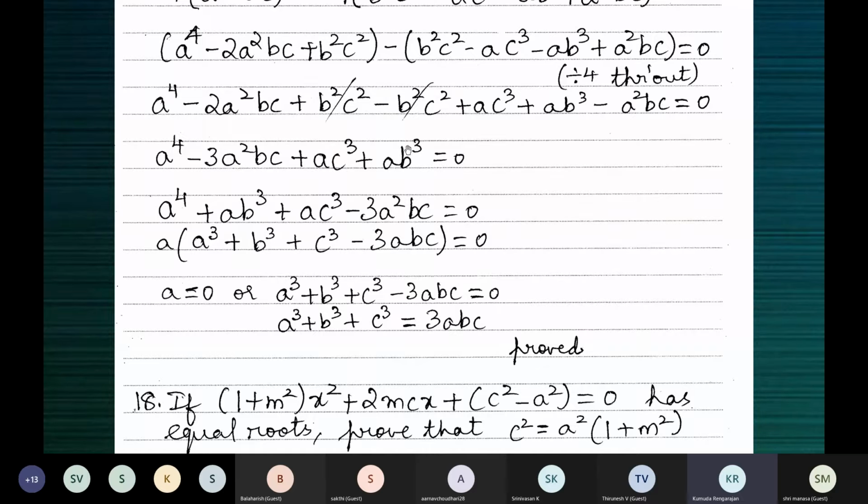And this will be b cubed. You will get the same terms inside the bracket in a different order. You need not arrange the terms like this. I just put it in the order like a power 4, then this b cubed, and then c cubed, and then this minus 3a square bc, just to get these terms in order. These four terms, a common, and we have all this. The product is 0, which means a is equal to 0, or this expression is equal to 0. On transposing, we have a cube plus b cube plus c cube is 3abc.